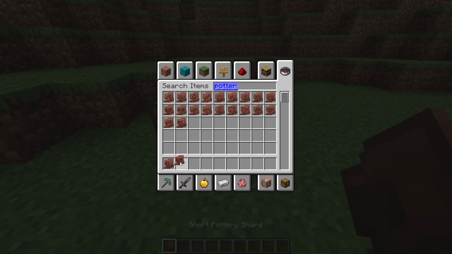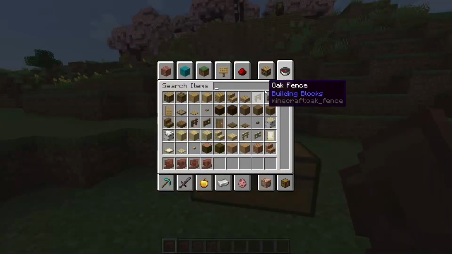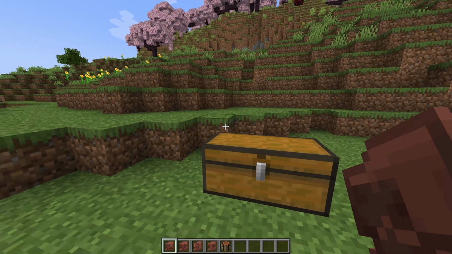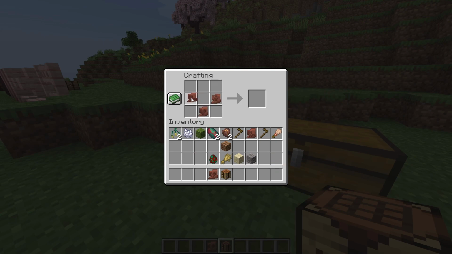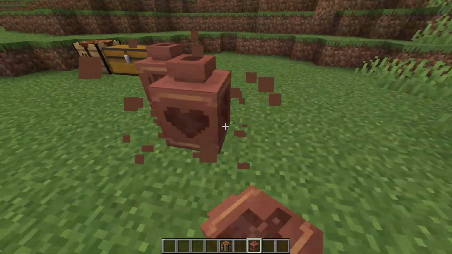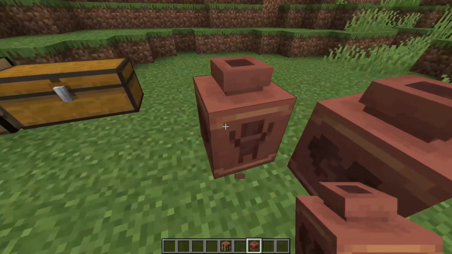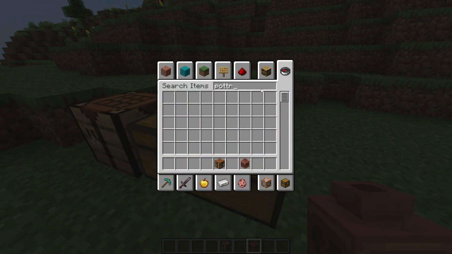And of course, with the pottery shards, you can just mix and match them with a crafting table. Hopefully there's a crafting table around here. Oh my gosh, look at that. There's a crafting table. So you can just mix and match them in a decorated pot, and you can just place them down. Look at that. That's pretty cool. Now there's more customization for pottery shards. Speaking of customizations,